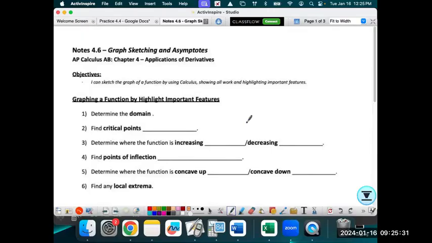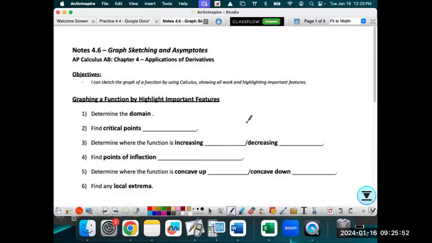You did something similar to this in Algebra 2 when you learned how to graph quadratics. You would get your vertex, you'd get your x-intercepts, your y-intercepts, depending on what form you were in. You would graph your quadratic functions a specific way. This time around, we are just using all of the calculus techniques that we've learned to graph any type of